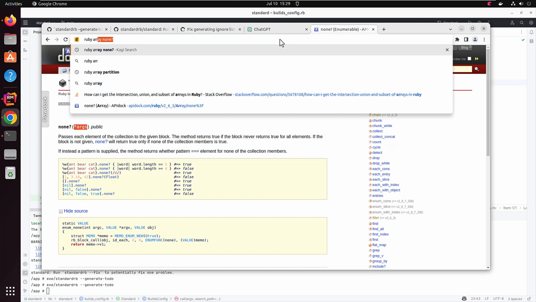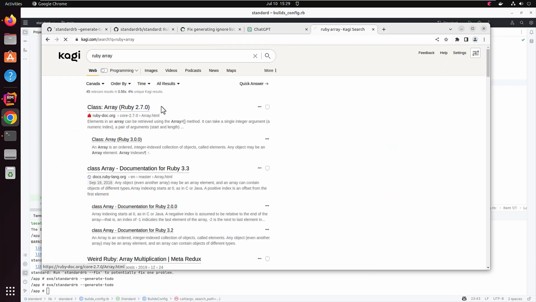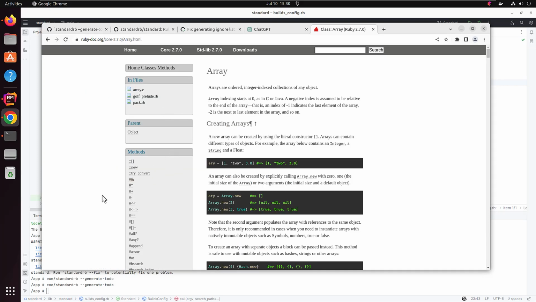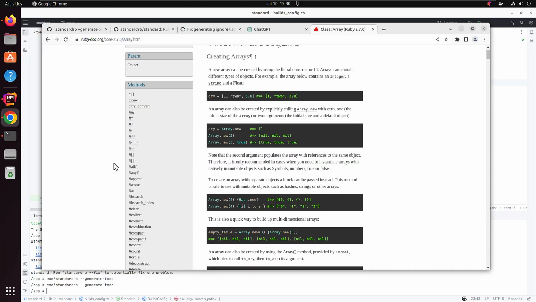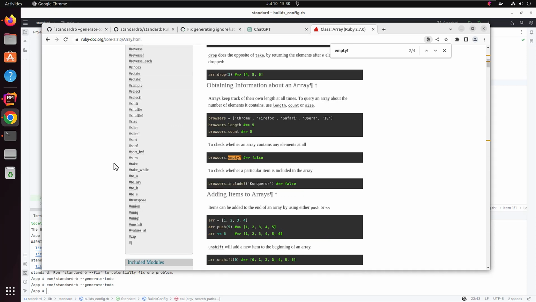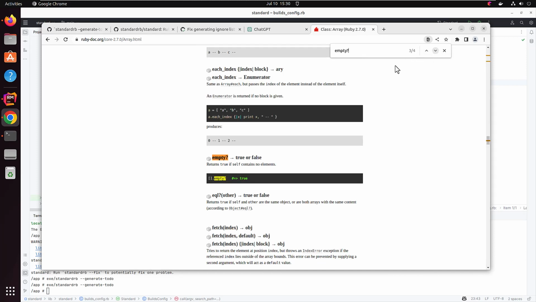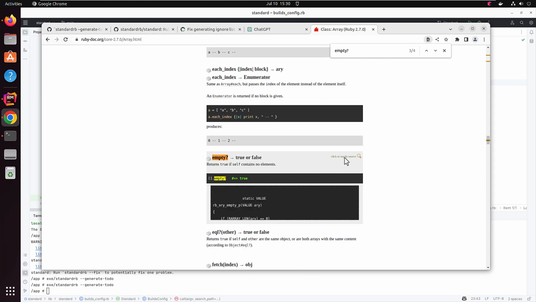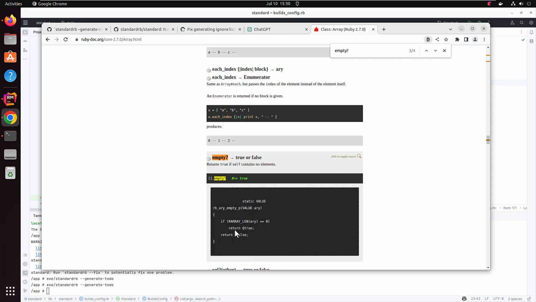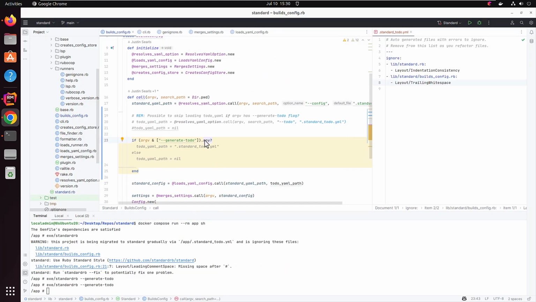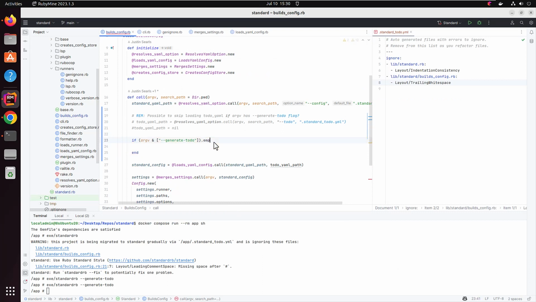Let's go to Ruby arrays. I think it's an array. Well, it's probably enumerable, which is probably pretty close. Is there an empty? It looks like there's an empty. Empty is true. Okay. Let's see what this does. Yeah, it's just checking length. Okay, so just empty. So in our case, if we want empty,